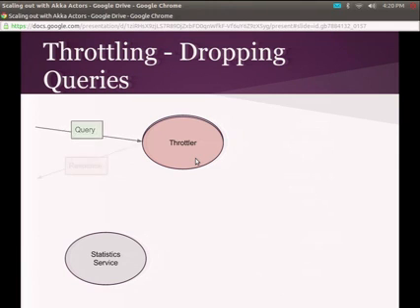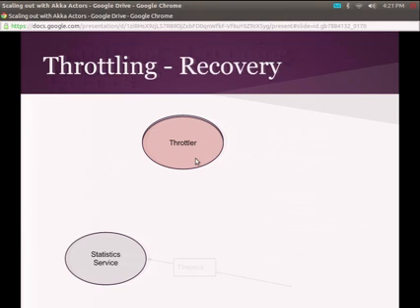So when a query comes into the throttler, I respond, hey, we're in a bad state, things are bad, stop sending queries, we'll be up soon, okay? And then after some amount of timeout, the statistics service says, hey, let's try again, see if the search service is back and running. We flip the state on the throttler by sending an allow message that it responds to and changes its behavior again to respond to messages differently and can take queries again.